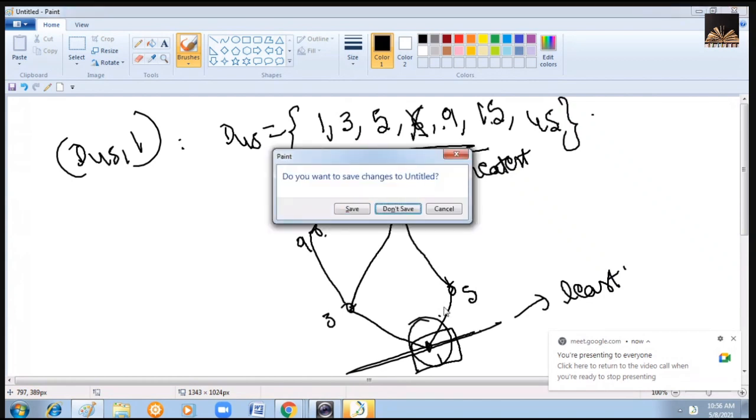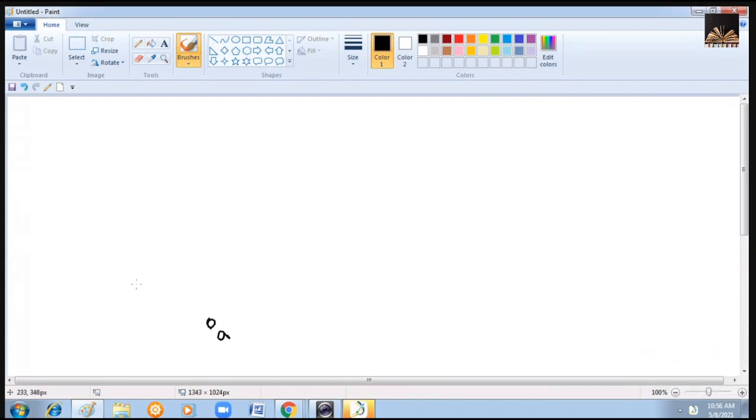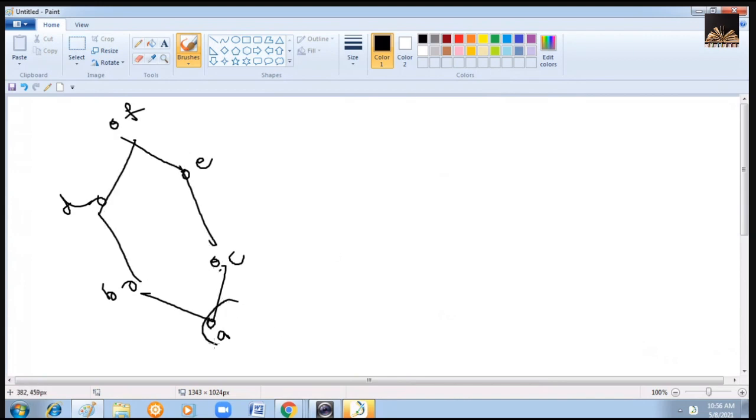Clear? Let us suppose you have a diagram like A, B, C, D, E, F, something like this. So in this case, A is the least element and F is the greatest element. The element present at the lowest level is the least element, and the element present at the highest level is the greatest. The element which does not have any elements below it is known as the least element. The element which does not have any elements above it is known as the greatest element.